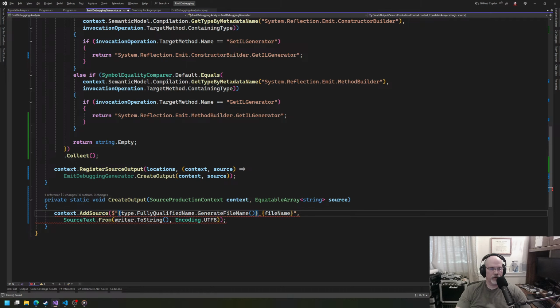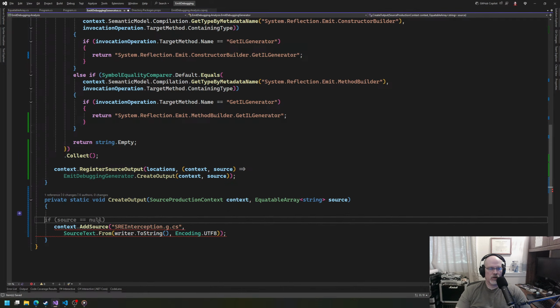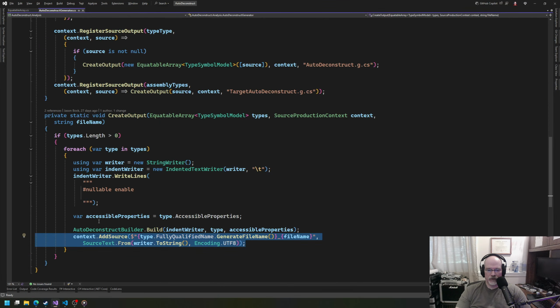And we don't have a name for this. What do we want to call the file? SRE interception G.cs. And then what we want is